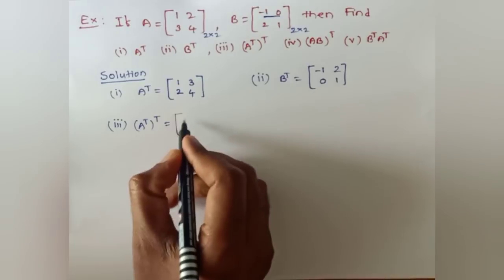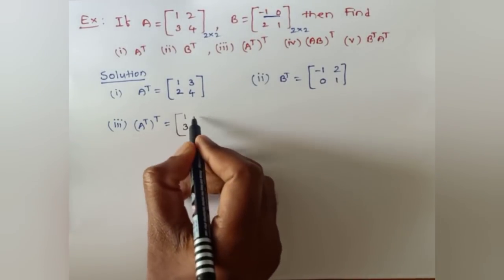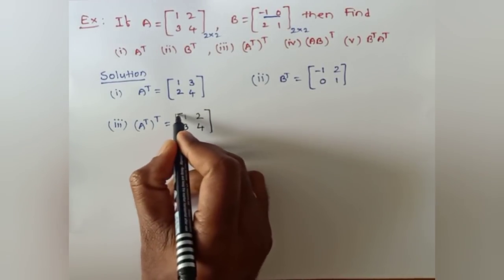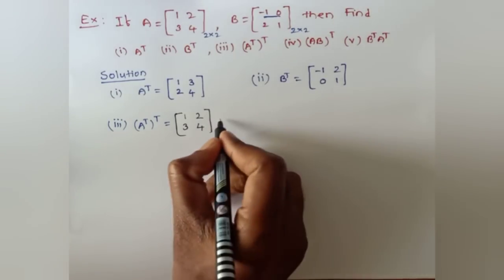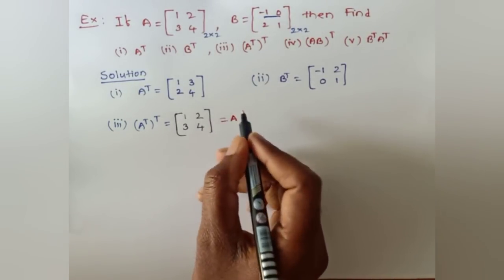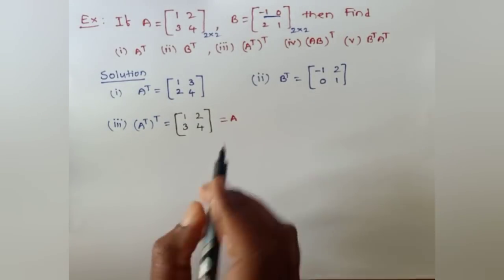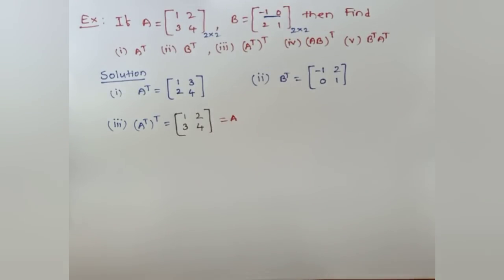this row will become a column in the transpose, and this row is 2, 4. So you can observe this is equal to A, right? Therefore, the transpose of the transpose is again A itself. Okay, then fourth